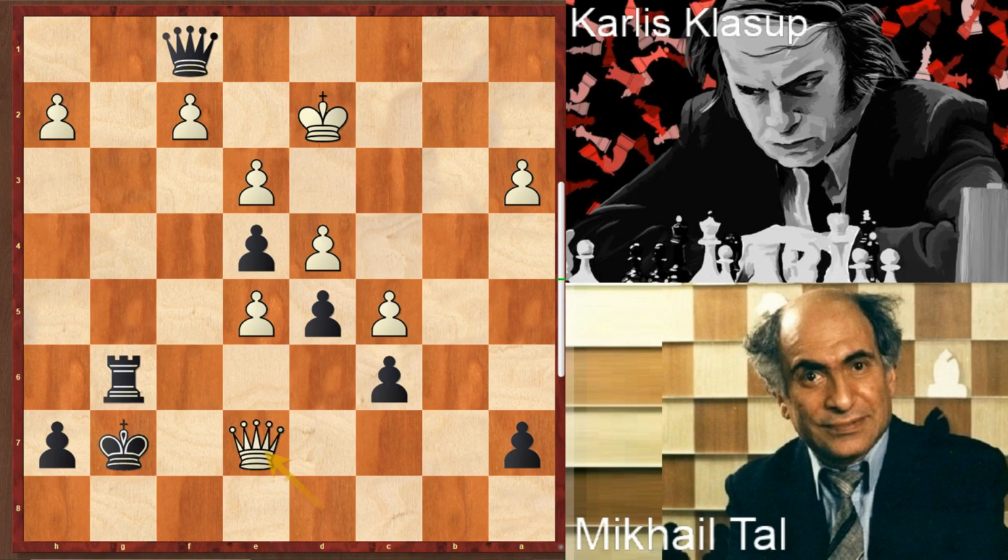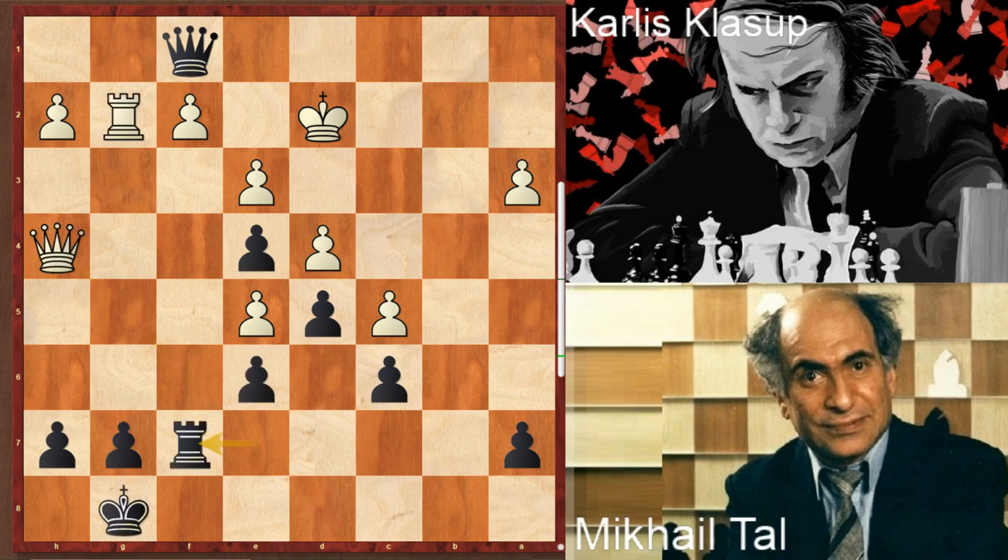But Karlis Klasup didn't play that move. He blundered in this situation. He didn't capture this. He didn't go for the draw. He blundered with this move, queen to d8, and this is a terrible move from Klasup. Tal responds with rook to f8,